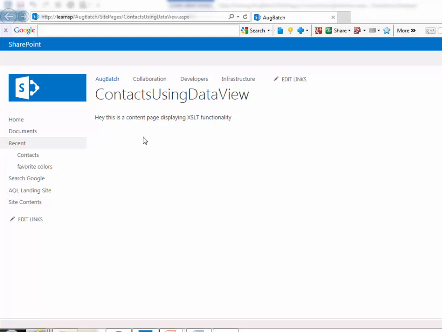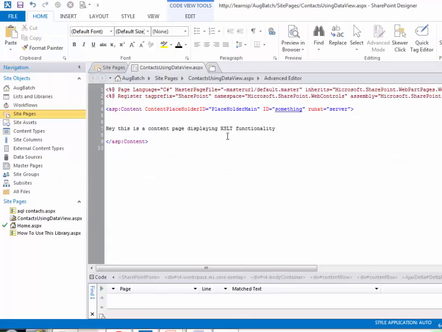And this is how my page looks like. And this is the text that I added. Hey, this is the content page displaying XSLT functionality. So the top navigation, the left navigation, the SharePoint branding up in the top, all of this is coming from the master page. This is the only section which is being overwritten by this content page,